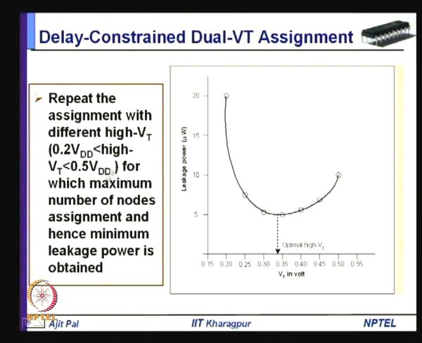assignment of high VT is repeated in this range, for which maximum number of nodes assignment occurs, and hence minimum leakage power reduction takes place. And this is how you find the optimal VT, and for a particular example we find that optimal high VT is close to 0.35 volt. So, in this way